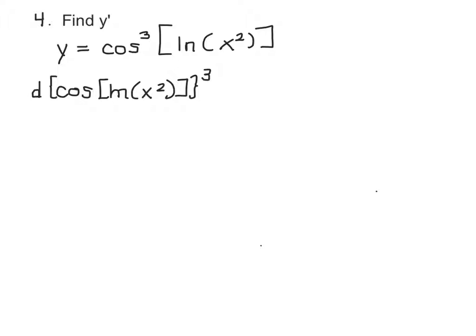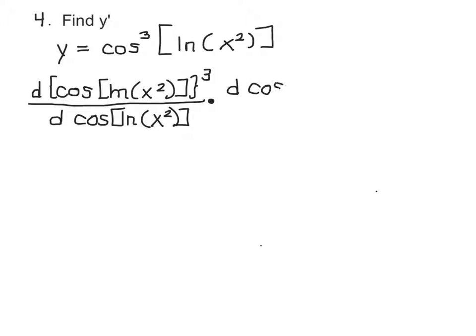This is a different way of writing the same thing. But here you can see the composite better. So we're taking the derivative with respect to the cosine of the natural log of x squared, because the outer function is the cube. And now we're taking the derivative of the cosine of the natural log of x squared